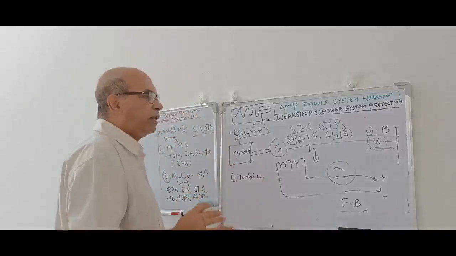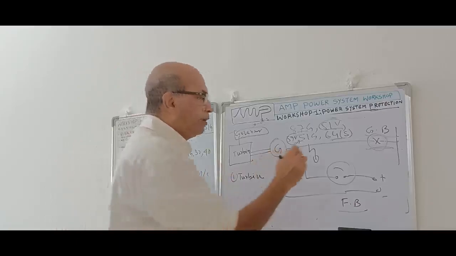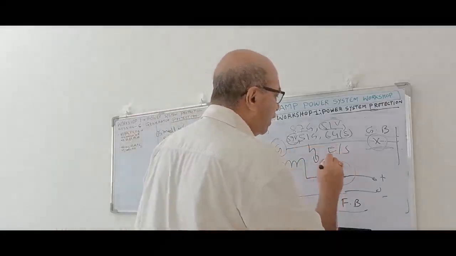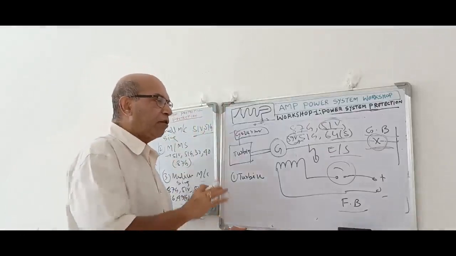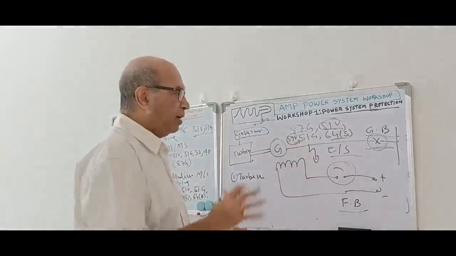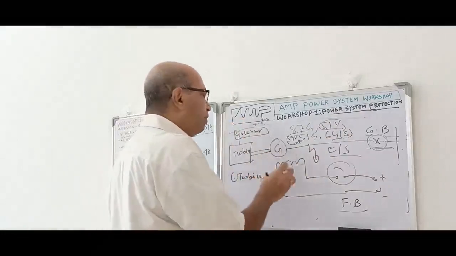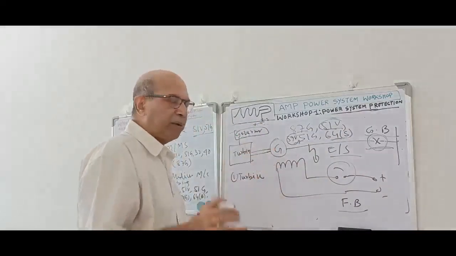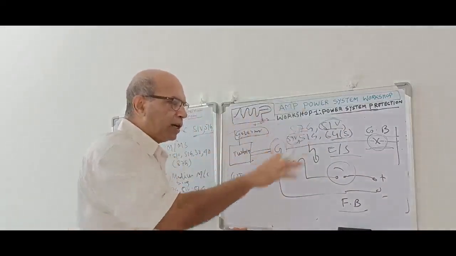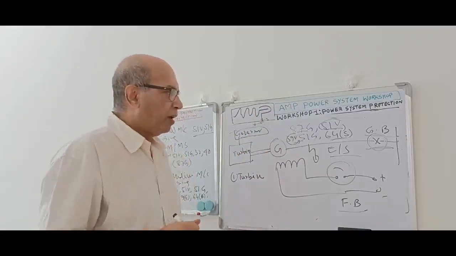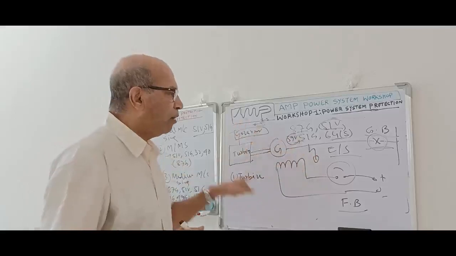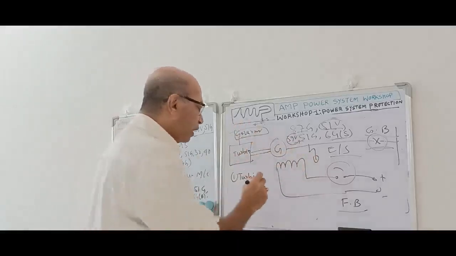and in addition to this, there is another button called emergency stop. You can stop in an emergency. In case of emergency, if you press the emergency stop, in that case also all these things are to be tripped. Emergency stop could be due to a generator problem, a turbine problem, or any other problem. It is about emergency, because when this generator turbine system is there, there is a manual shutdown and an emergency shutdown. If you press the emergency shutdown, immediately all these things are to be tripped. So the turbine is to be tripped.